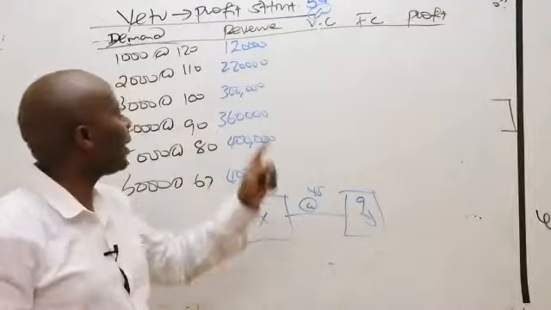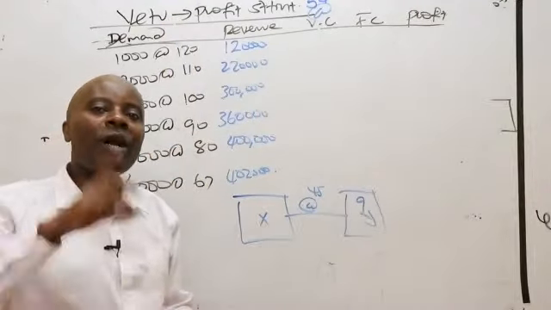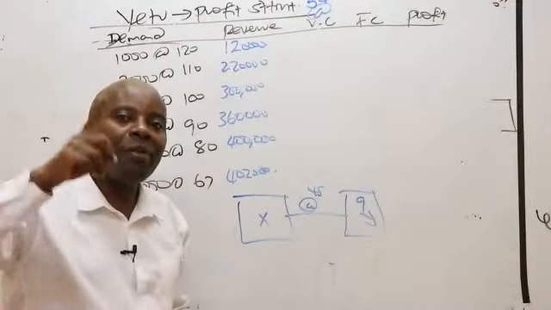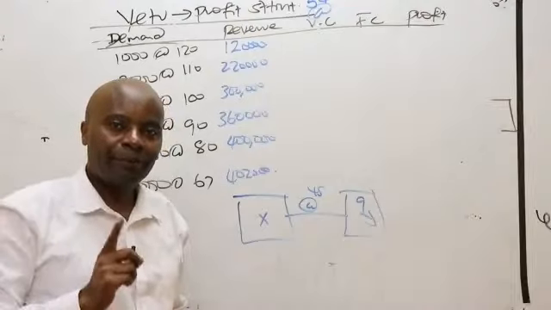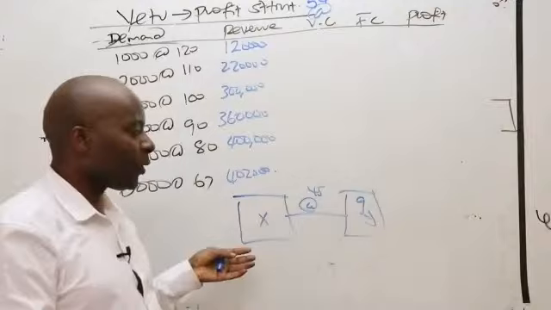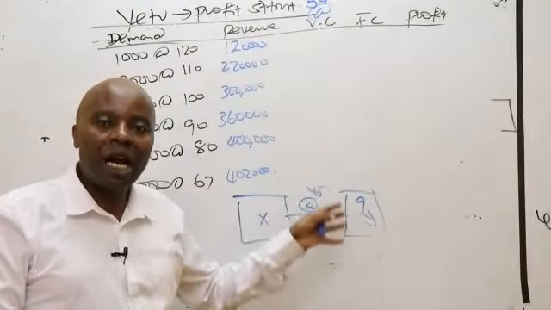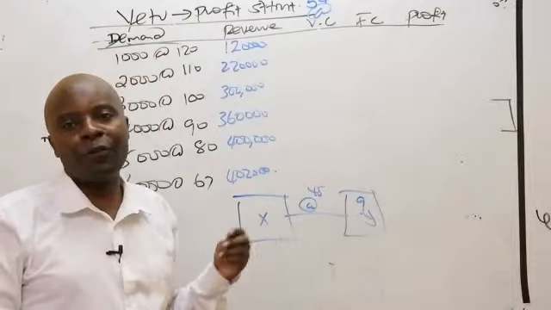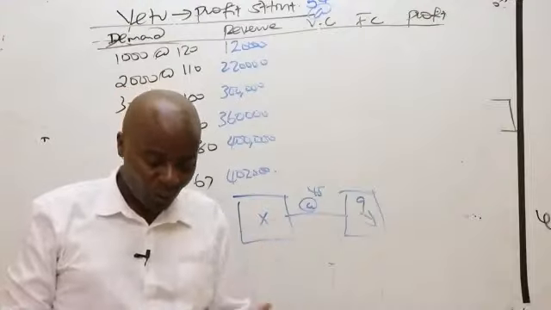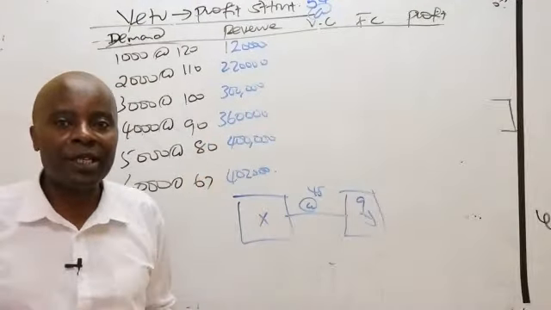Because we are appraising year 2, the second division alone. When you are appraising an individual division, then the transfer price you pay becomes always what? Relevant. The transfer price you pay, because we pay the price to X, it's a cost. And because it's a cost which is given on a per unit basis, it becomes a variable cost. 54. Any question on this? I want to have as many questions as possible on this area because the moment we understand this, we'll have understood the entire transfer pricing.